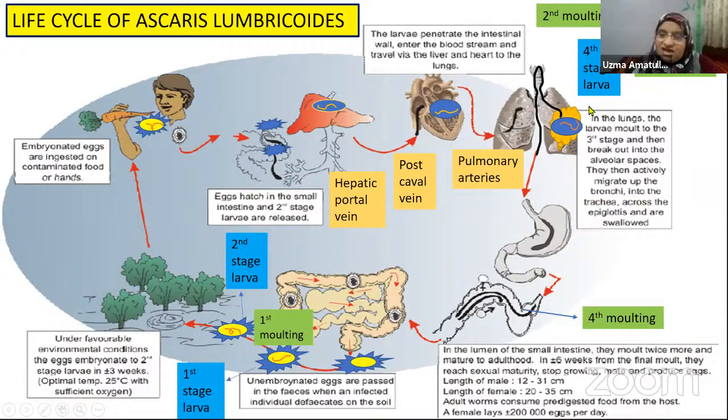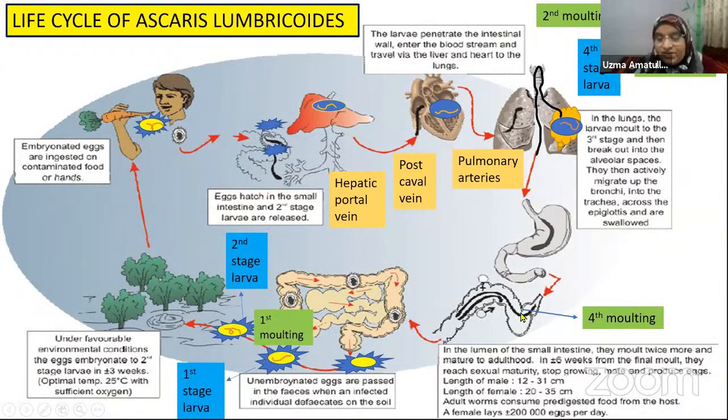This fourth stage larva will take a U-turn here. This pathway is from the bronchi to the trachea, from the trachea to the larynx, then to the pharynx. From the pharynx, it will enter the glottis, and then again it will enter into the esophagus, stomach, and then to the small intestine. In the small intestine, the last molting, that is the final molting, fourth molting takes place, and the larva gets transformed